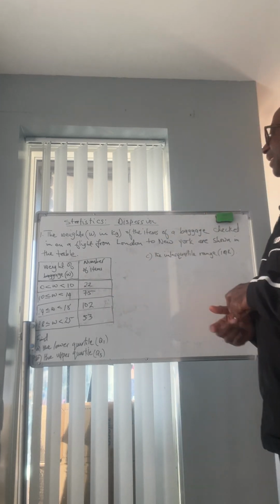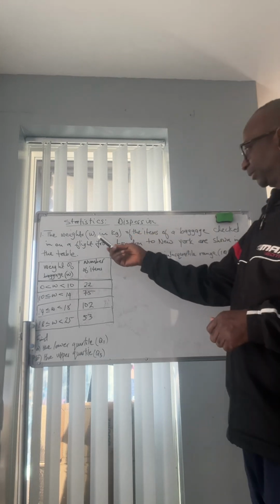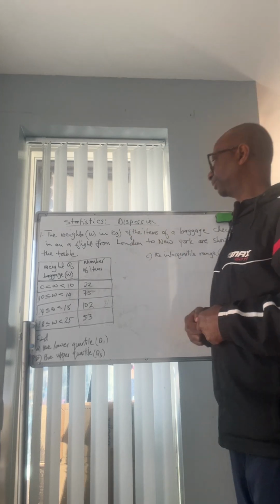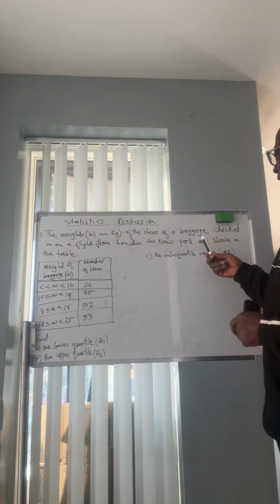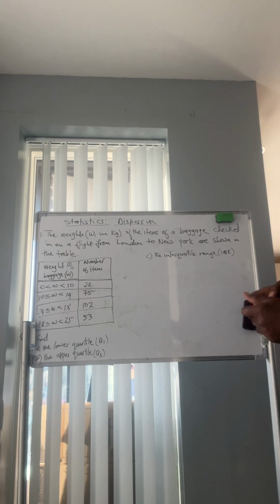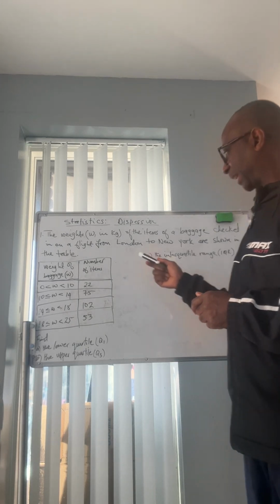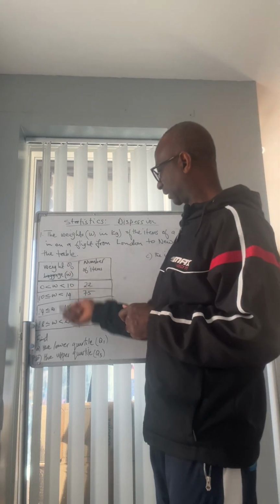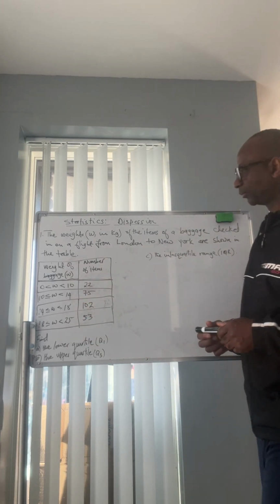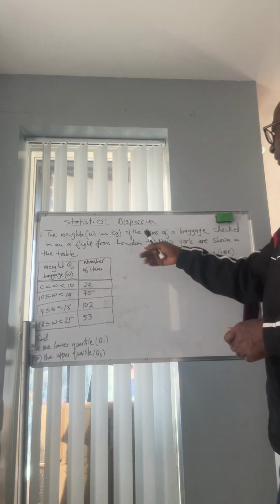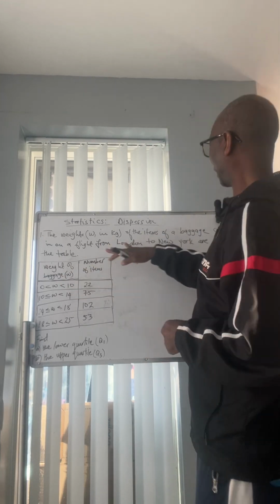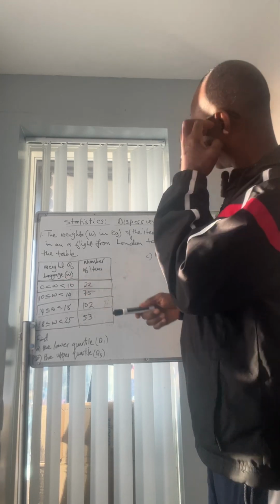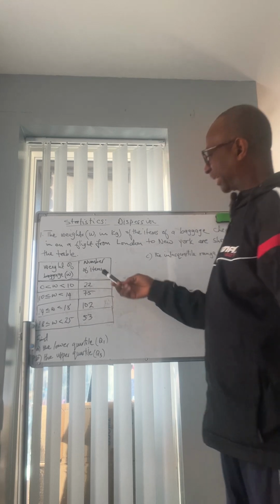The problem says the weights W, measured in kilogram, of the items of baggage checked in on a flight from London to New York are shown in the table. This is the table here. The flight was departing from London going to New York. So the baggages of the customers